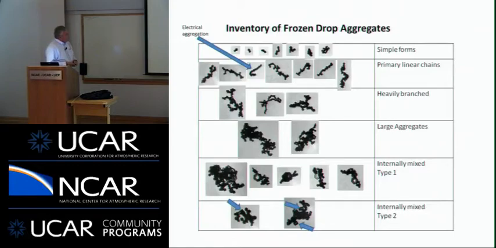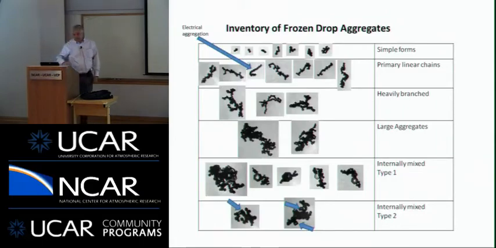And then I've broken this into two types: internally mixed type 1, where you get particles that seem to be mixed from very different temperature regions, and then internally mixed type 2, where you have particles that may have grown facets on them internally as they grow. So I think there is some categorization like this that's kind of useful to have.